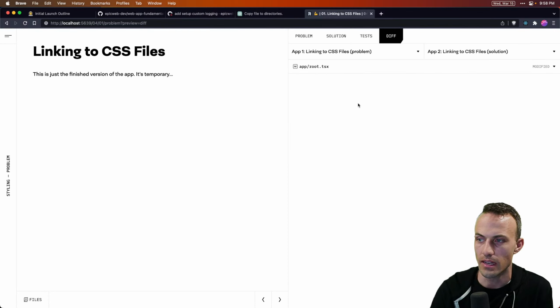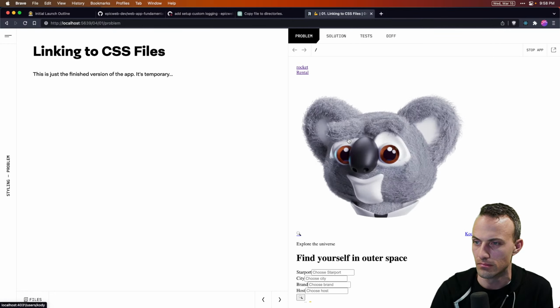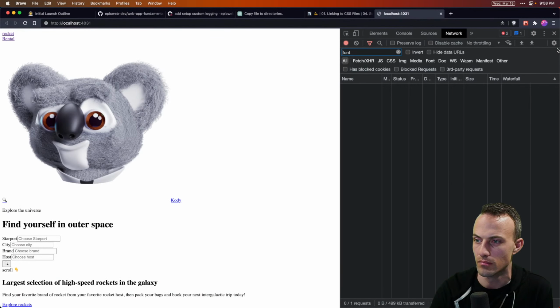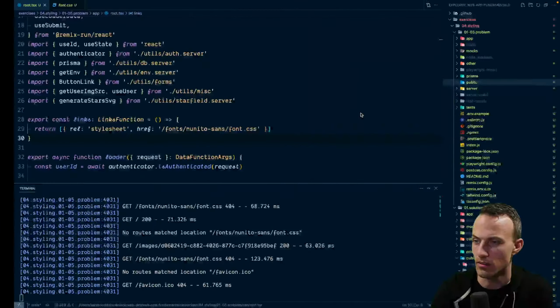I think that diff is what's taking so long. I'm going to need to dig into that. Start app. Still cannot find the fonts.